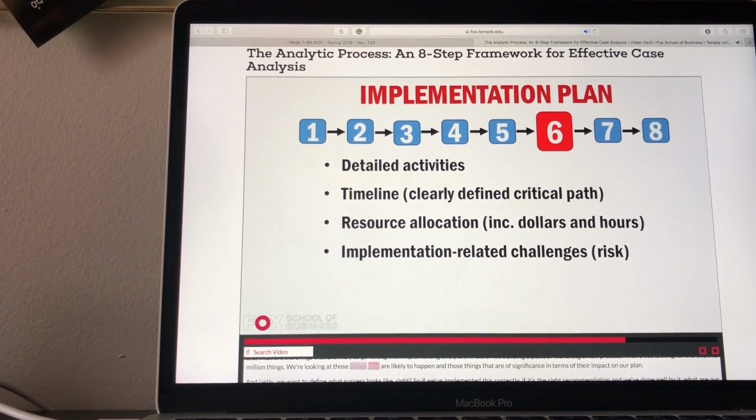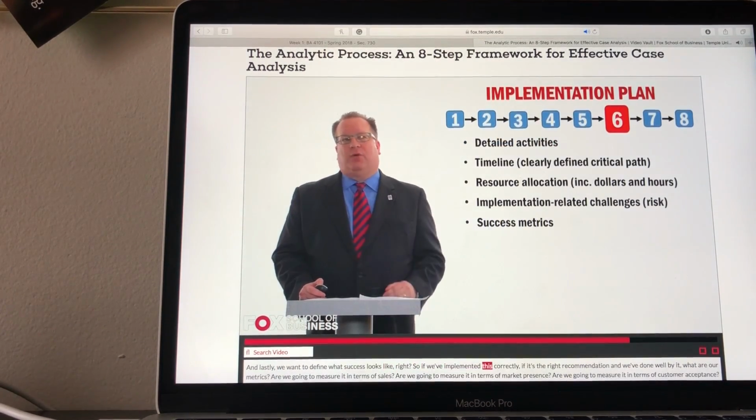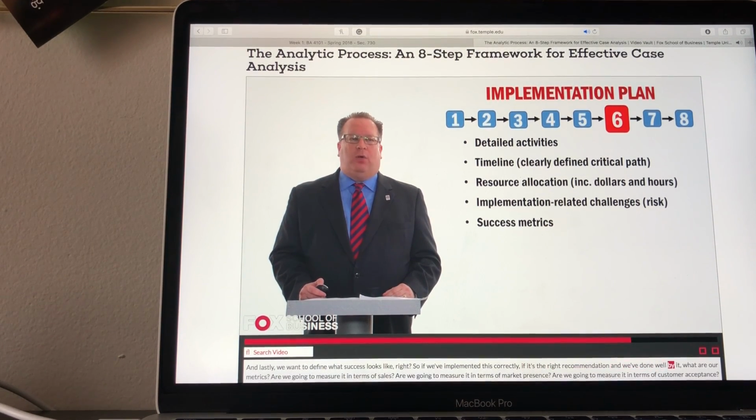We're looking at those things that are likely to happen and those things that are of significance in terms of their impact on our plan. And lastly, we want to define what success looks like, right? So if we've implemented this correctly, if it's the right recommendation, right, and we've done well by it, what are